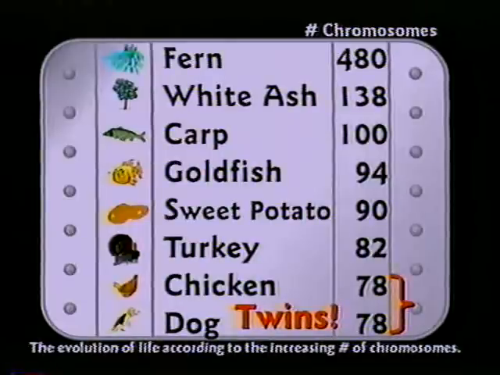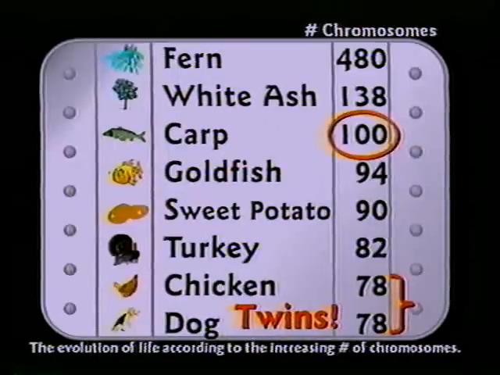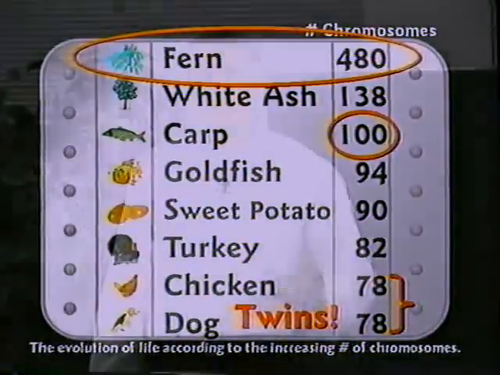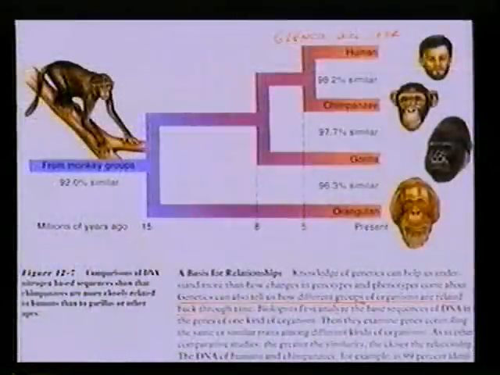And then, of course, slowly over millions of years, we got enough chromosomes to become a carp. More than twice as complex as humans. A simple carp. And a fern has 480 chromosomes. Some evolutionists will argue, yeah, but the number of genes is different on these things. Okay, but they're missing the entire point, probably intentionally. But this textbook, like most textbooks, will try to show the kids that DNA similarities prove some kind of relationship.